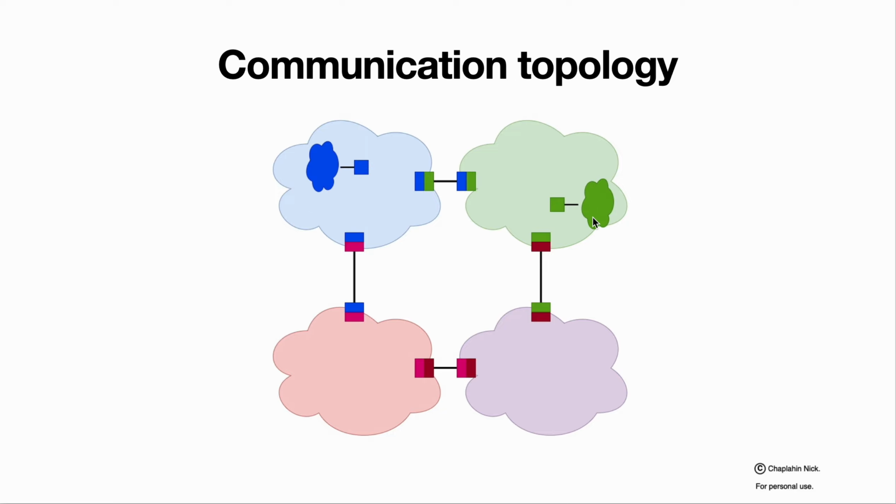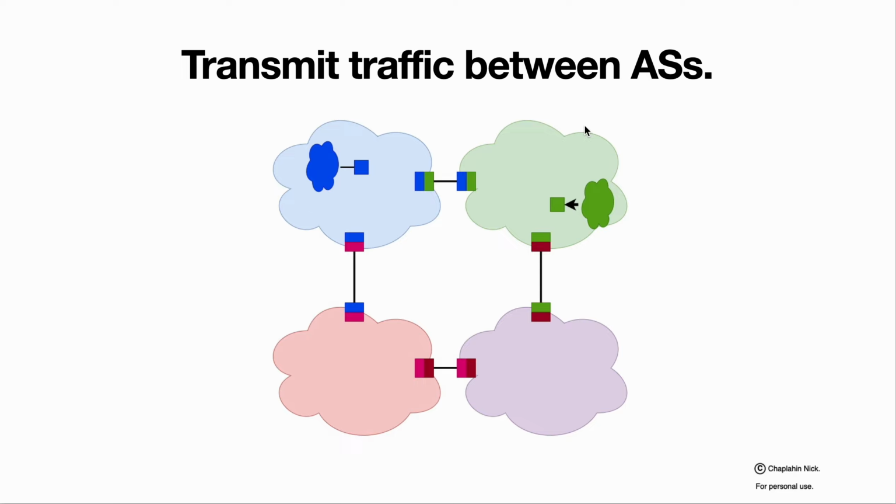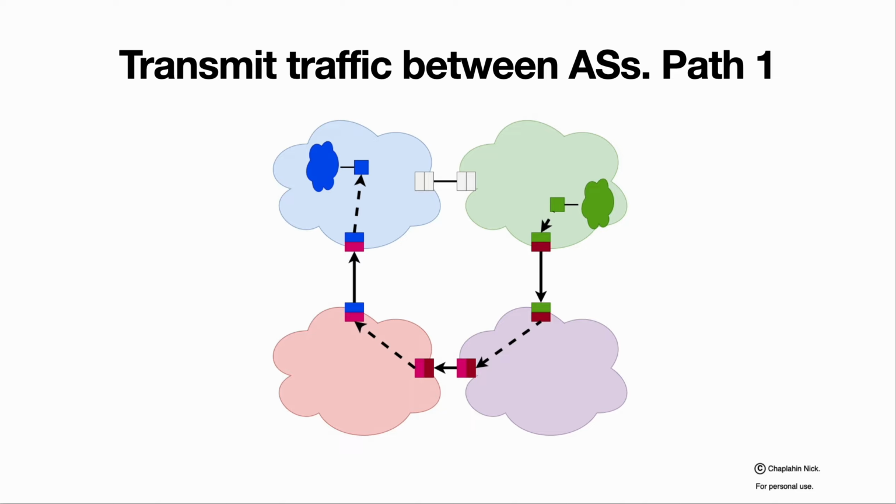So we have some network and a device in the network that needs to send traffic to a device in another network that is placed in another autonomous system. The first step is pretty obvious. This device knows the network border router and sends information to it. In this particular case, we have two paths, but eventually, taking into consideration the complexity of the global network, there can be more. Two paths are, for example,